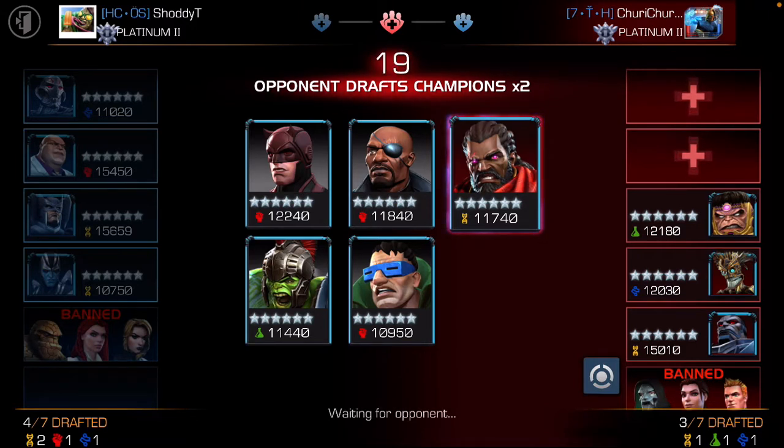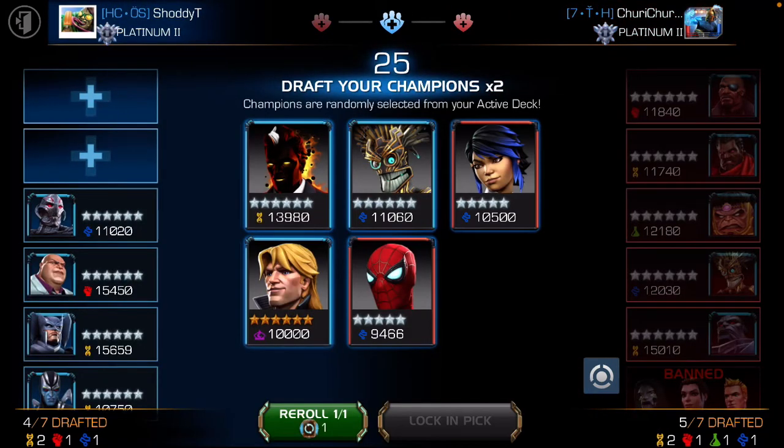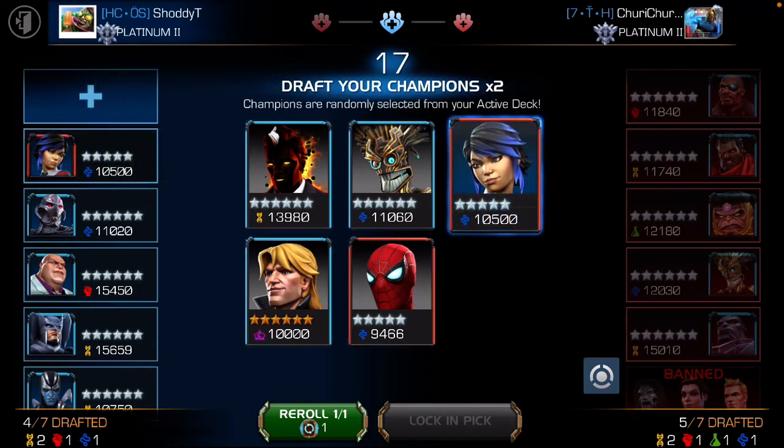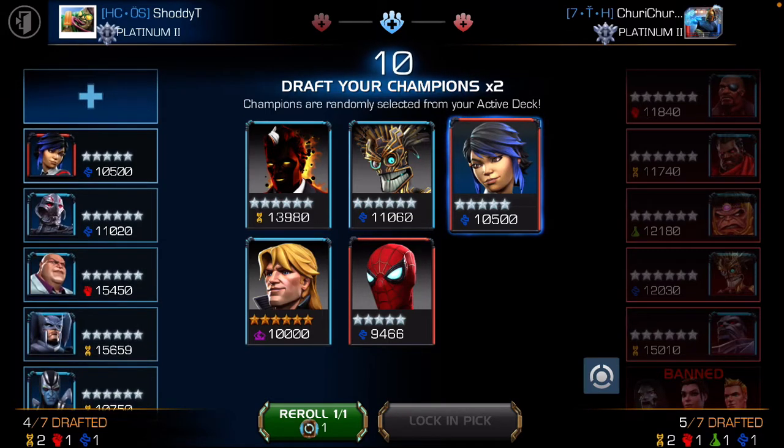Well, I may have to use Ultron for Bishop instead. Alright. Does he have anyone for her? No, he doesn't. Alright, let's pick her. And I can use Sunspot for...